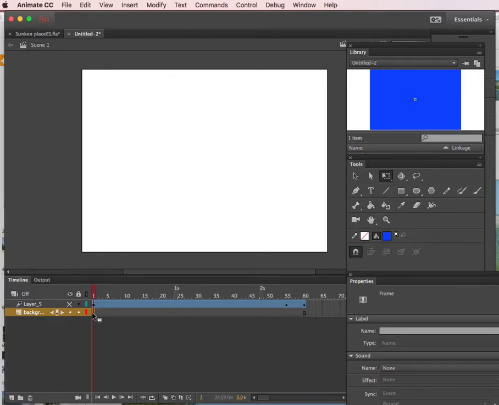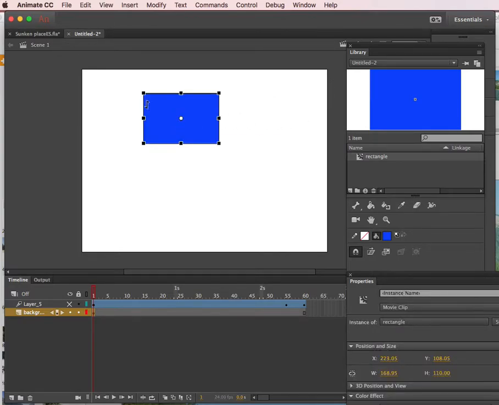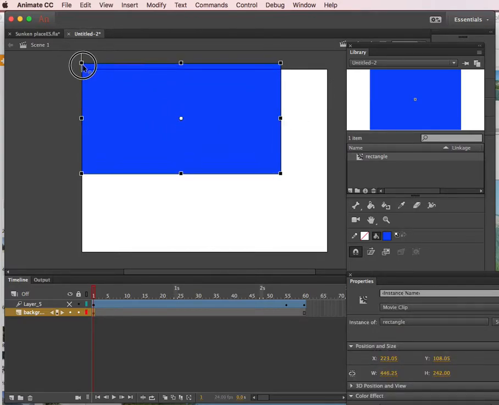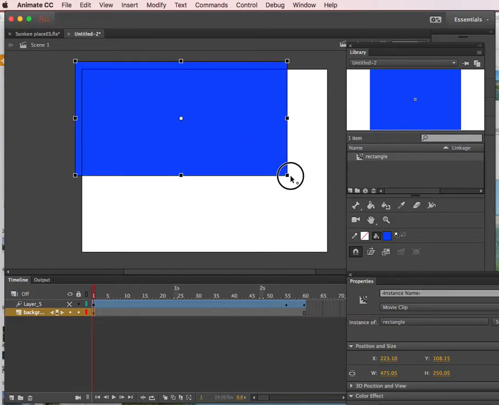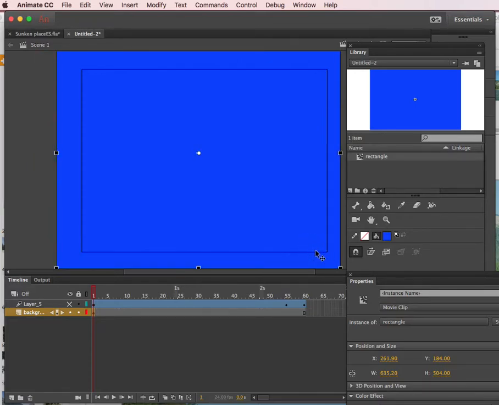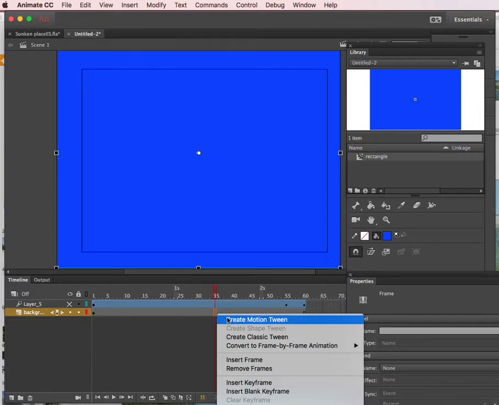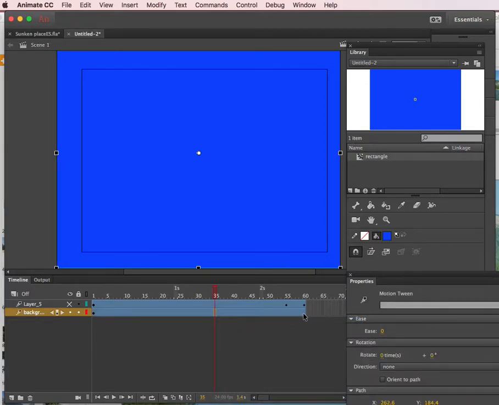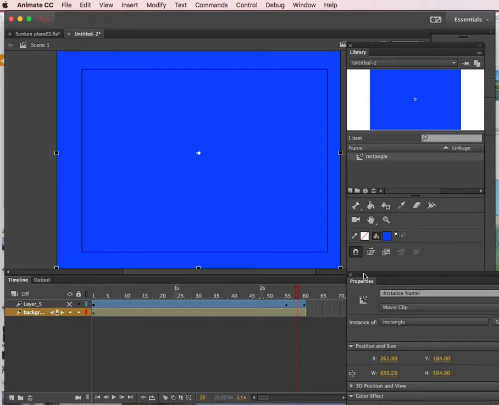So I'm going to go to the first frame, and I'm going to drag an instance of the same rectangle symbol and make it cover the stage. I'm making it a little bigger than the stage, so the little white line of the stage doesn't show. And I'm going to create another motion tween. So I'm going to create motion tween, and then towards the end,